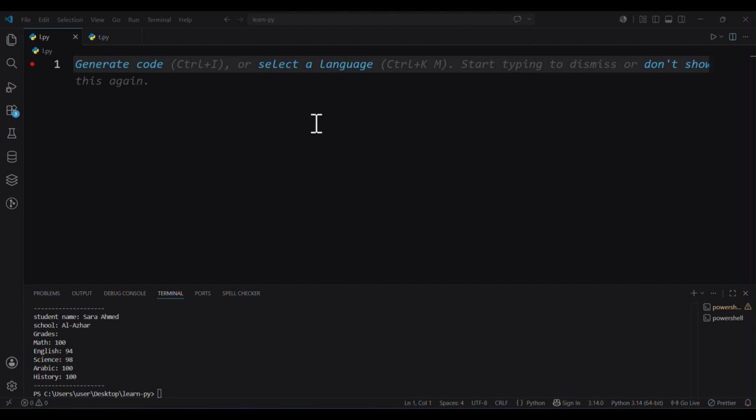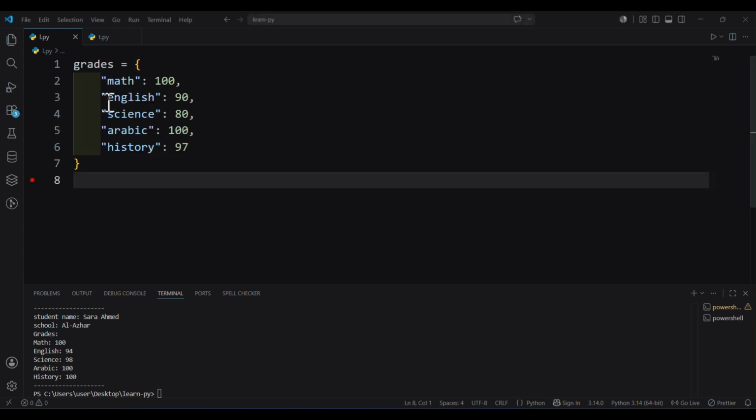So this is the lesson where we will be mastering dictionaries. We have many examples for dictionaries. So we have these grades: math, English, science, Arabic, history. If I now print grades,